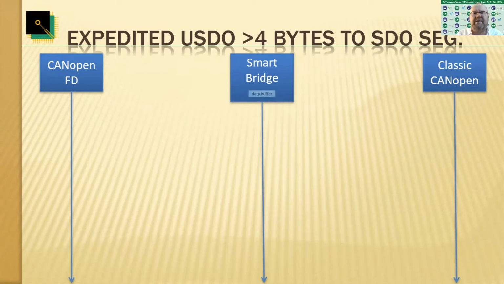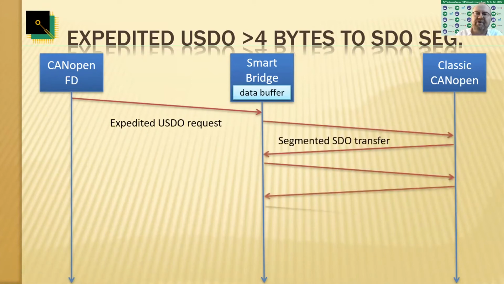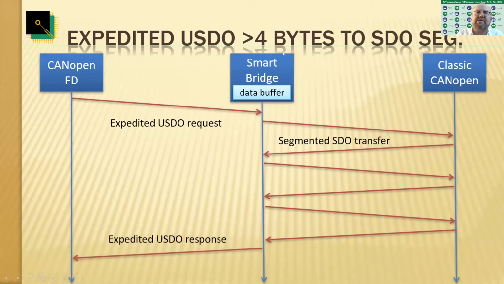So let's look at the timeline. What happens when we transfer more than 4 bytes? We get from the CANopen FD side an expedited USDO request that could have more than 4 bytes to be written to a destination. Then on the classical side, this is translated into multiple segmented transfers going back and forth. And only with the last response will the smart bridge send the response back to the initiating node. As you can see here,